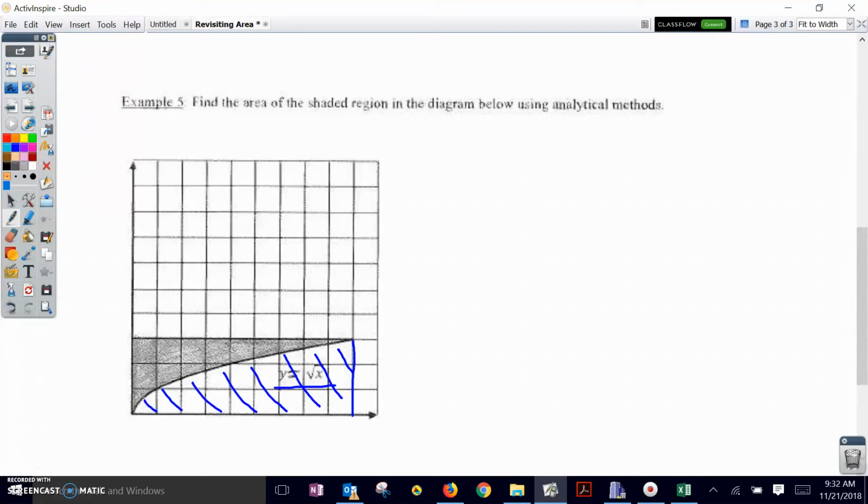So to get the actual shaded region, I'm going to take the area of this whole rectangle minus the area of what's shaded in blue. So we've got a rectangle with a length and width of 3 and 9. So we're going to take 3 times 9 minus the integral from 0 to 9 of the square root of